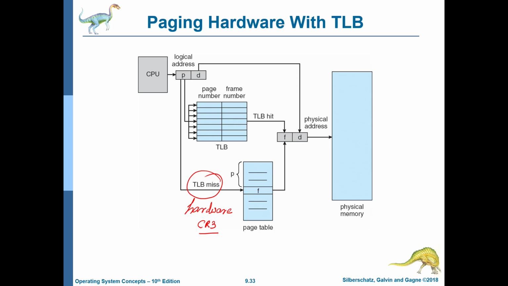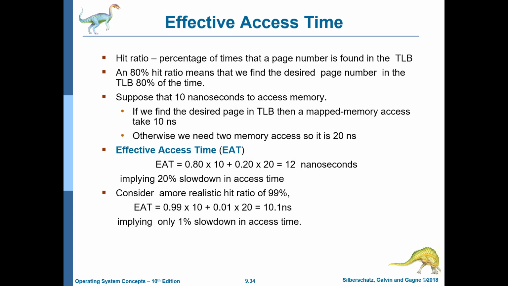It will automatically walk the page table, figure out the mapping if it is there, find the mapping, populate the address and send it to physical memory, and along with that transfer the mapping that was read to the TLB. There are other systems where, if there is a TLB miss, an interrupt is raised, and then a dedicated TLB miss handler in the operating system actually takes care of the TLB miss. So both paradigms are quite popular, a hardware approach and a software approach.